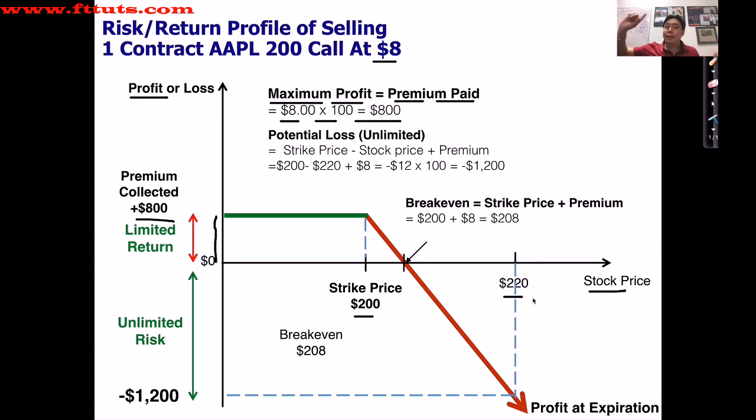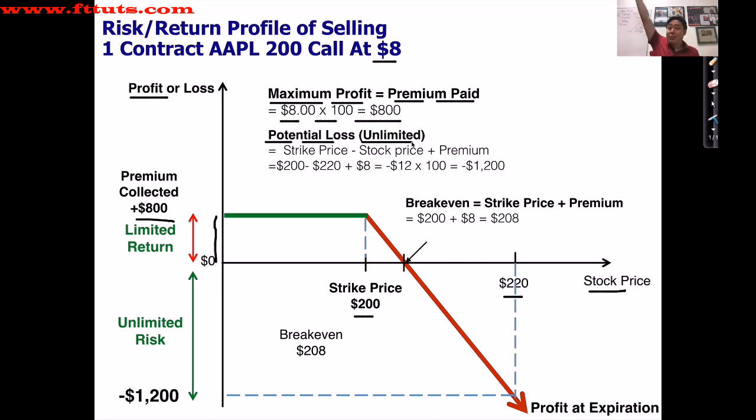So if the share price goes up to $220, what does it mean? It means you have to buy the shares at $220 and sell it at $200, making a $20 loss. If the shares go up to $300, then you have to buy it at $300 and deliver it to the call buyer at $200, making a $100 loss. So the higher it goes, the worse it is, because you have to buy at a high price because you're obligated to sell it at $200, right? So what is the potential loss? The potential loss is